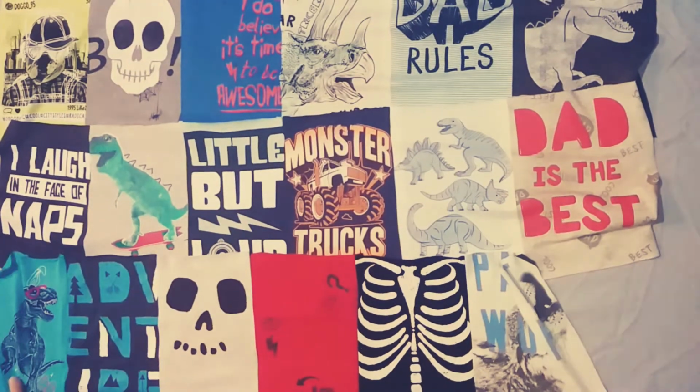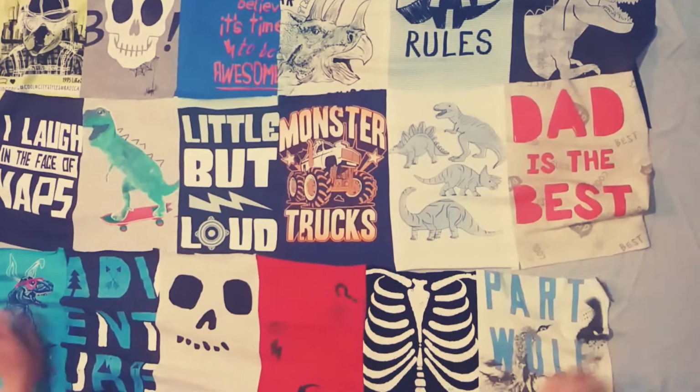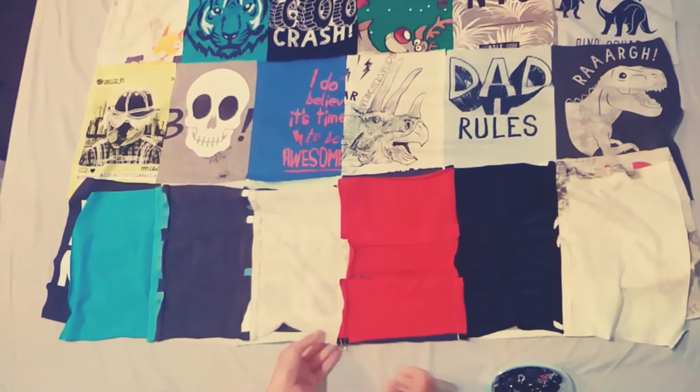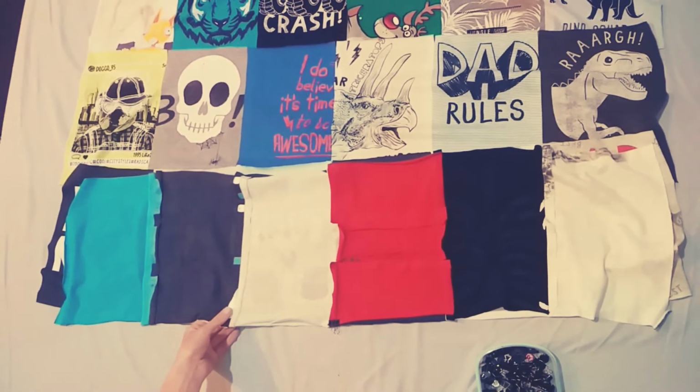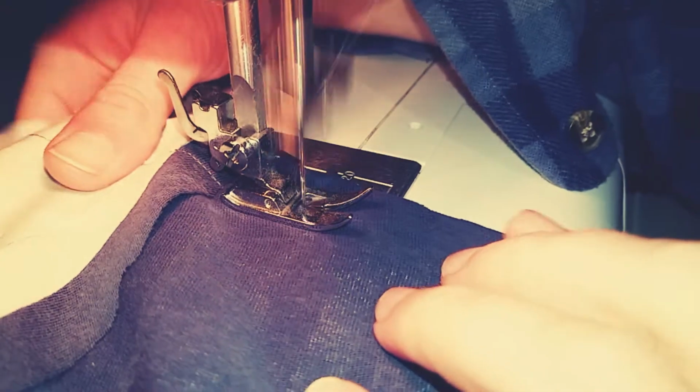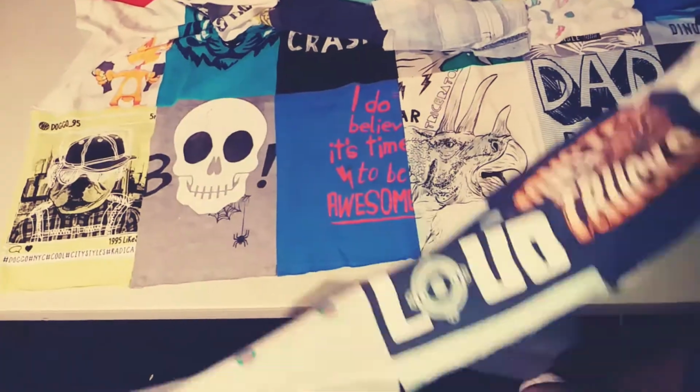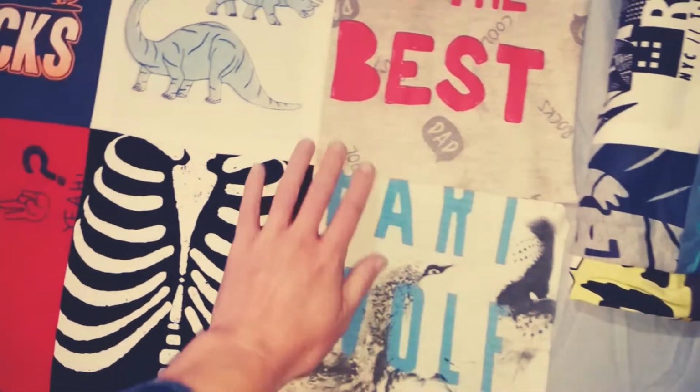It's now time to sew all of our rows together. With the good sides facing each other, I clamp the edges together, keeping all the opposite seams matched up to each other. Sewing a 1.5 centimeter seam allowance, iron open the seams, flip it over and repeat for the next row of panels. Now that I have 2 of these made, one for the front and one for the back,